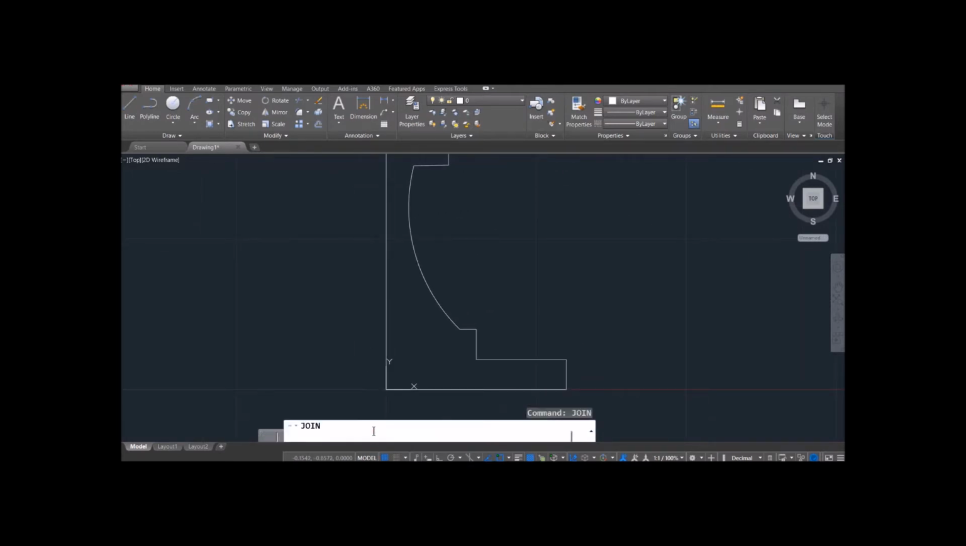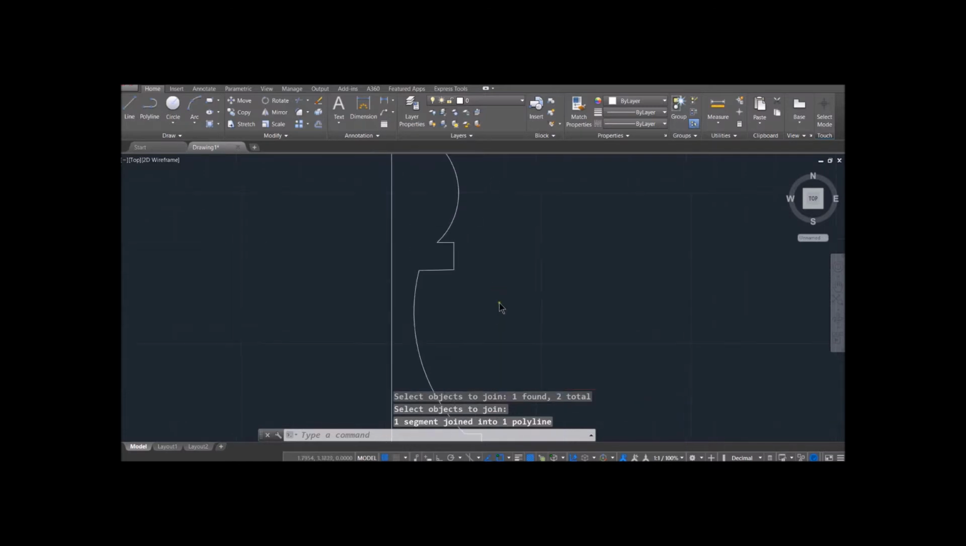Type join, J-O-I-N, and we're going to walk around this loop and make sure we just have one line instead of 100 different lines. And this is going to make it a lot easier in the future when we use the revolve command. If you're ever not able to extrude something or revolve it or turn it into a 3D object, it's probably because some little corner somewhere isn't quite lined up, or maybe you have two lines that are right on top of one another